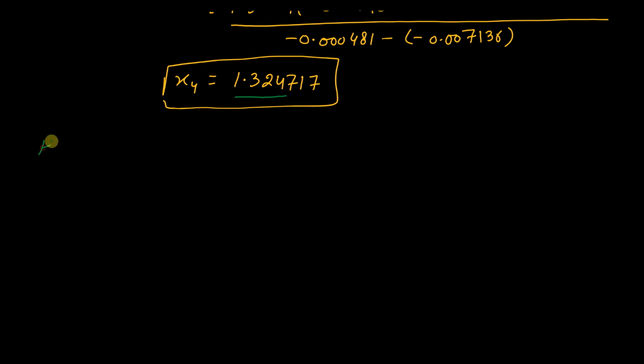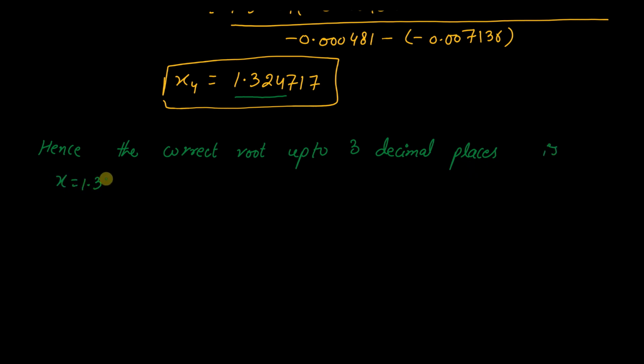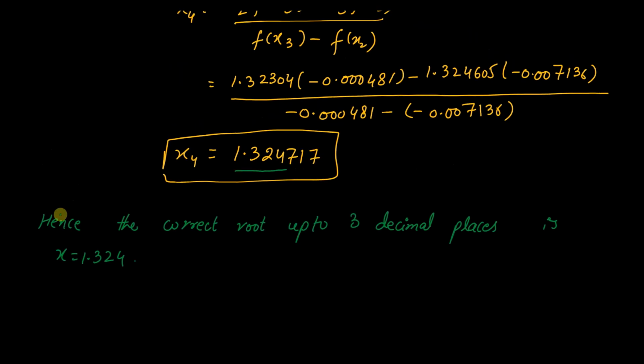So we can simply say that hence the correct root up to 3 decimal places is x is equals to 1.324. And there you have it, a complete step-by-step solution using the secant method from the initial guesses to the